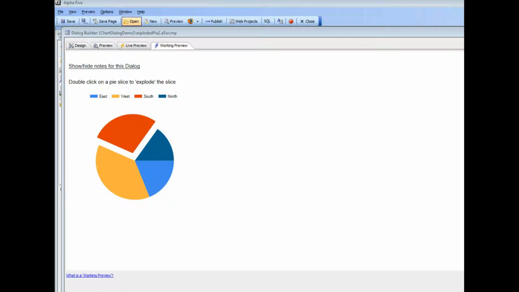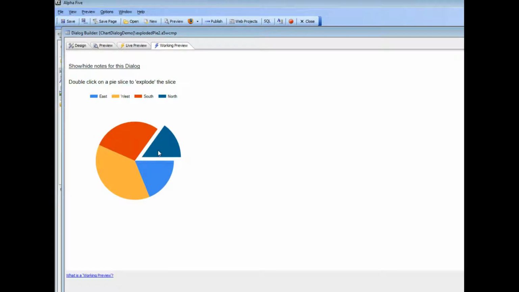In this video we're going to discuss chart events. These are events that fire both client side and server side when you have chart controls on a dialog. In this particular example we have a very simple pie chart, but you can see here that when I double click on a pie slice, a local event fires, an on double click event, and that causes an AJAX callback,